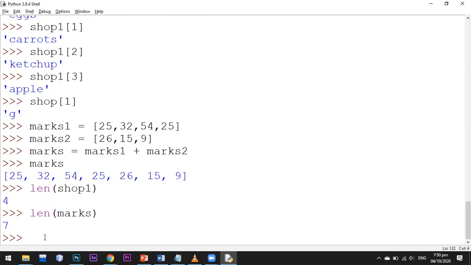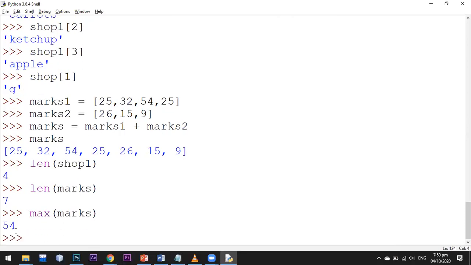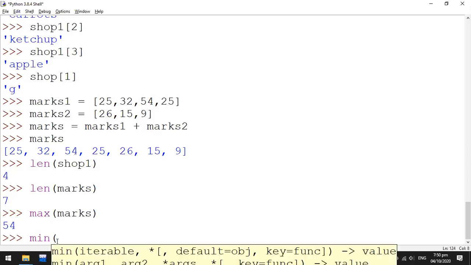So what if I want to check the maximum value in my marks? I use max with square brackets giving the name of the array. It is saying that the maximum number is 54 in that marks array. What if I want to check the minimum number?